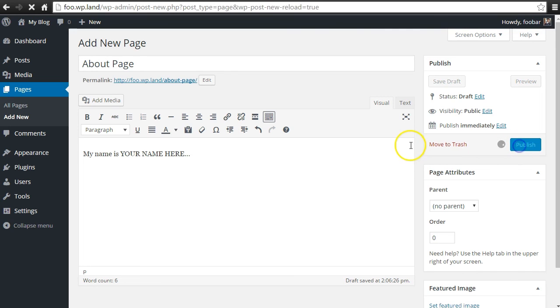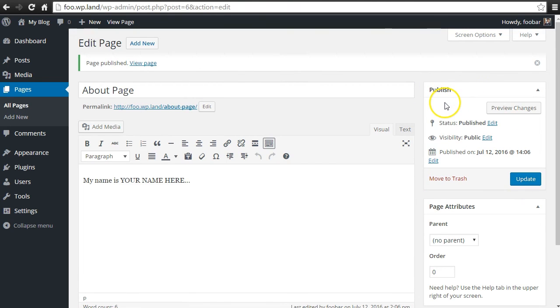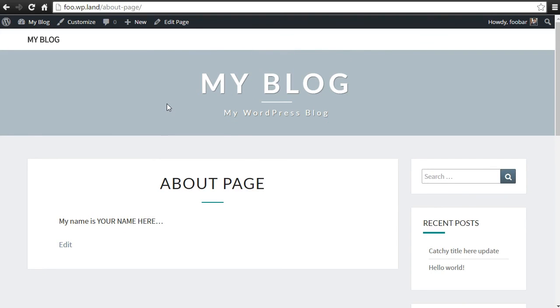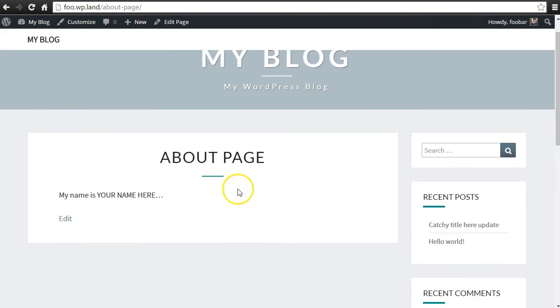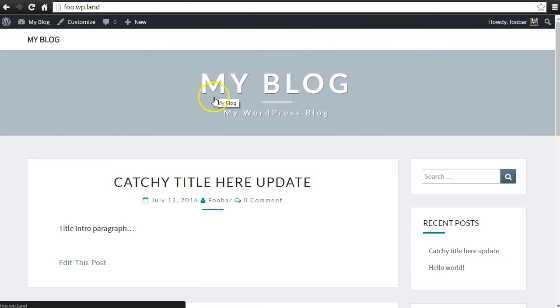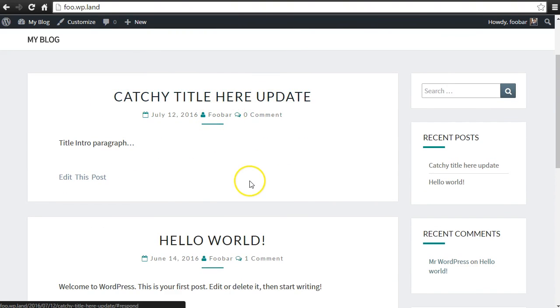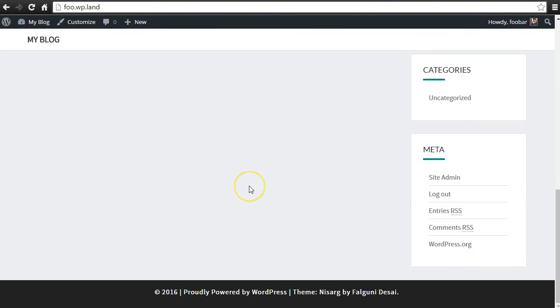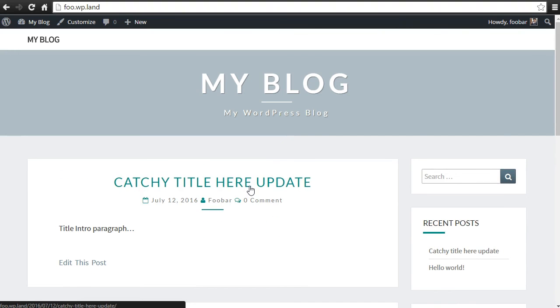Now, when you publish that About page, you can also save as draft and everything just like the post. When you publish it, it's going to be a page on here. So you've got your About page. I went directly to it. If I go to my blog, which is the home page, I have everything, all of my posts here. Now, if I had pages set up, I don't see it in this particular theme, you would be able to go through and see your About page. I'll link out to the other video that shows you how to set up a menu and how to get that on your WordPress blog.